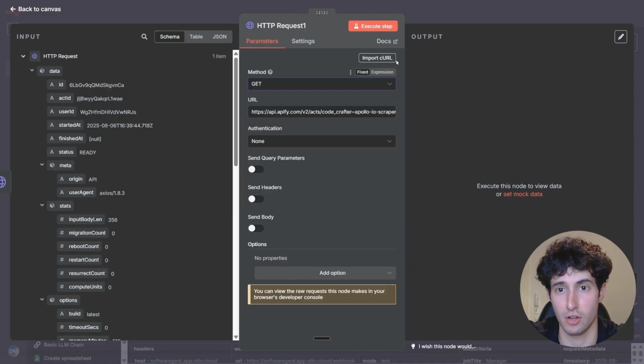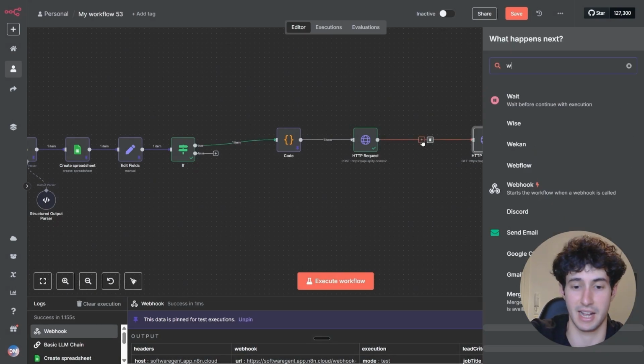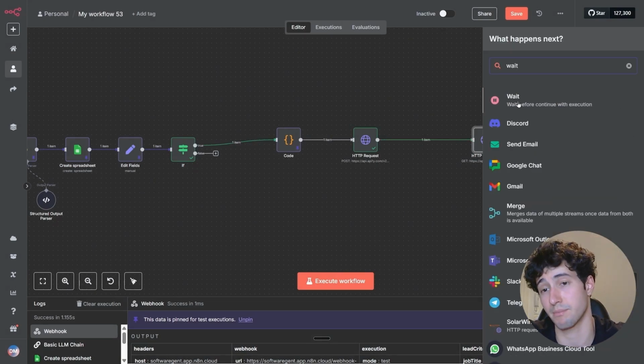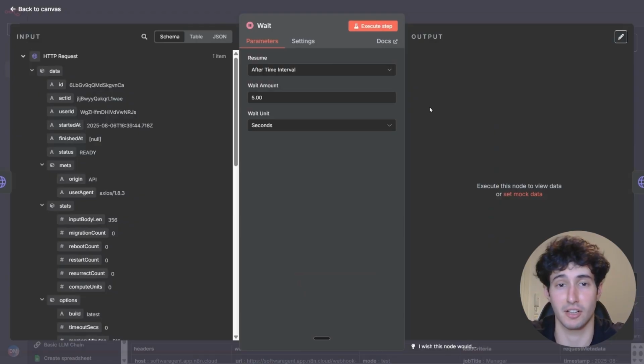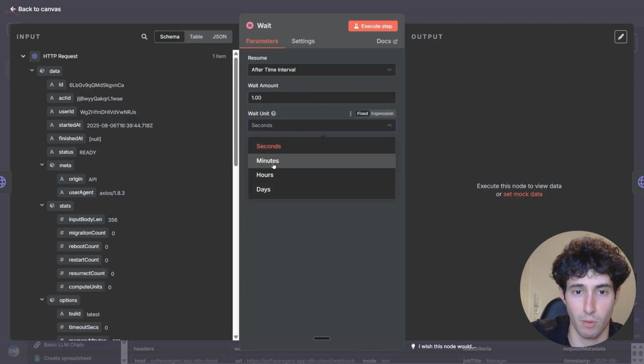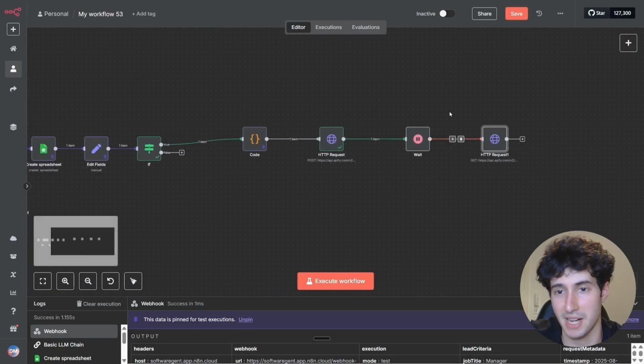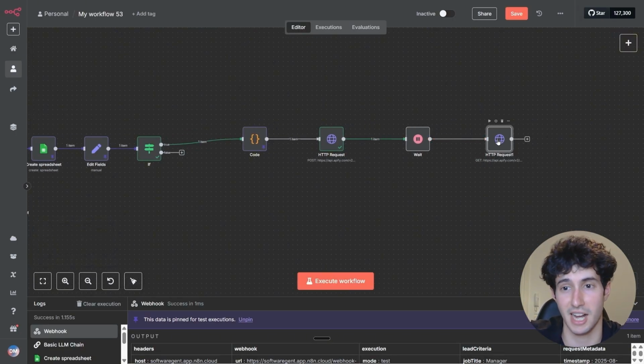Now before I actually execute it, it would be best practice to come over here and add in a wait node, since we probably will have to wait up until Apify is done scraping the leads, and I would say in general you just add this on 1 minute wait, just to make sure that even if this wait time passes and it still hasn't actually gotten the leads,